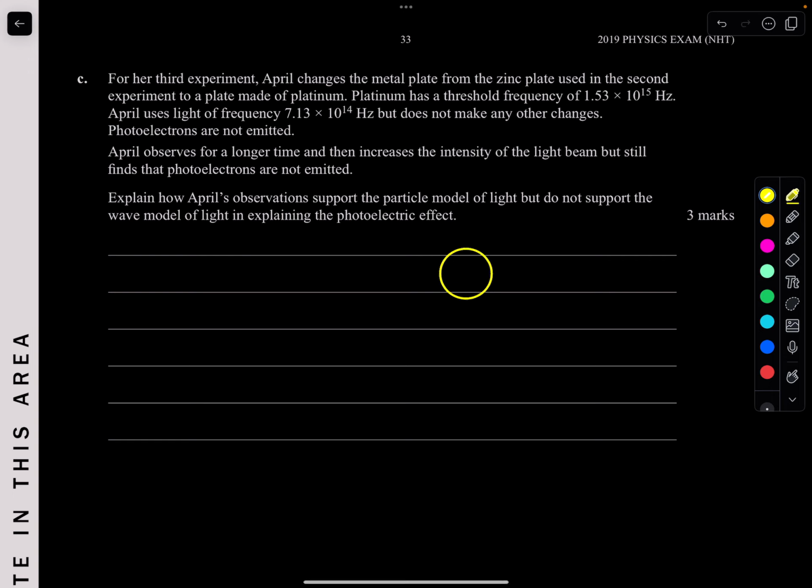The wave model of light suggests that you have electrons and waves, and these waves carry energy, and this energy depends on the frequency. Having a high frequency means having a high energy. So what she predicts is that with a low frequency, which means low energy, she believes